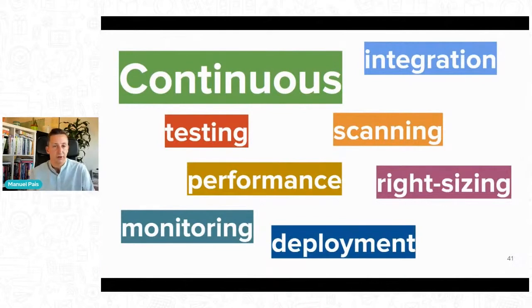Essentially, in terms of technical practices, all the continuous things, continuous integration, continuous deployment, continuous testing, performance, etc., are important, and they are an indicator that we are less dependent on specific practices, or should I say specific approvals. We're less dependent on specific things to happen because we have a continuous flow, right? We're not thinking about security only when we have a new release. We're continuously thinking about security. It's built into our pipelines, built into our tooling, and the same for testing, performance checks, etc. All of these things are important.